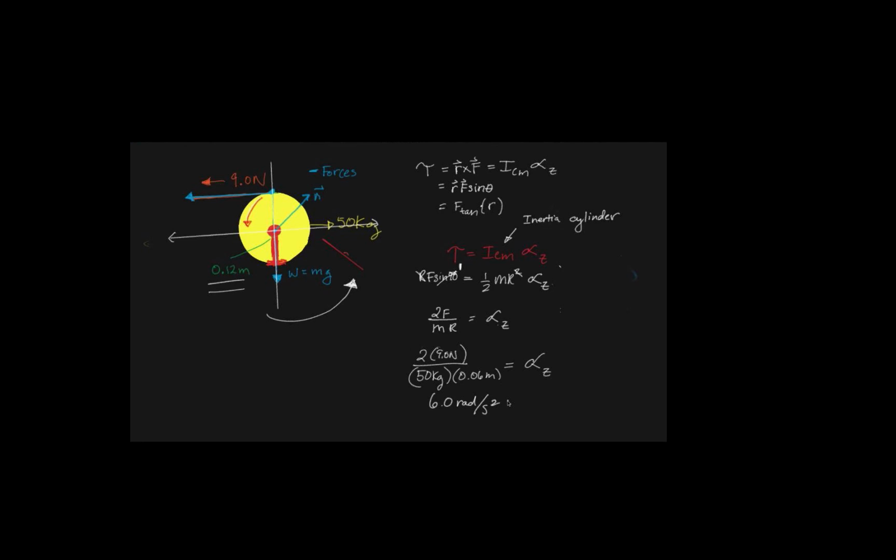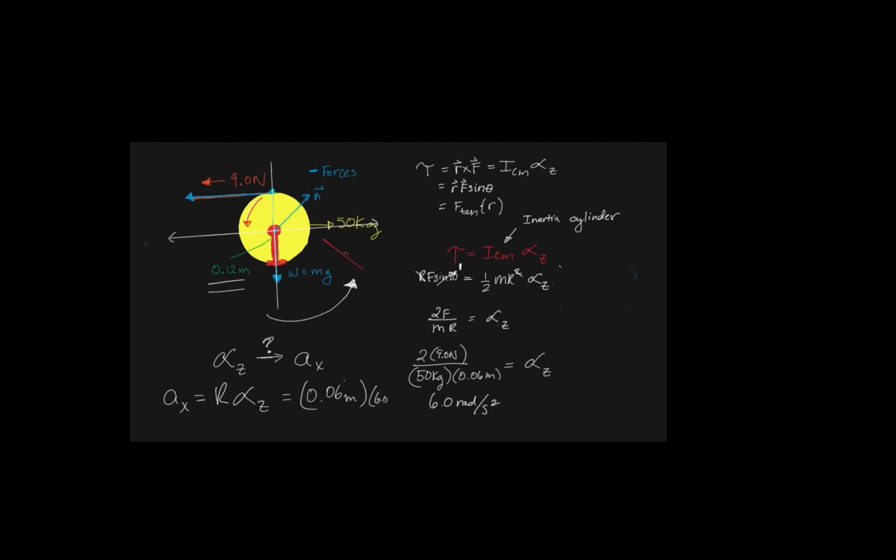No questions. So now the question becomes, how do I go from alpha to linear acceleration? What was the link? Do you remember? It's the same way you would go from velocity to angular velocity. You multiply by the radius. There you go. Alpha times the radius equals acceleration. So 0.06 meters times this